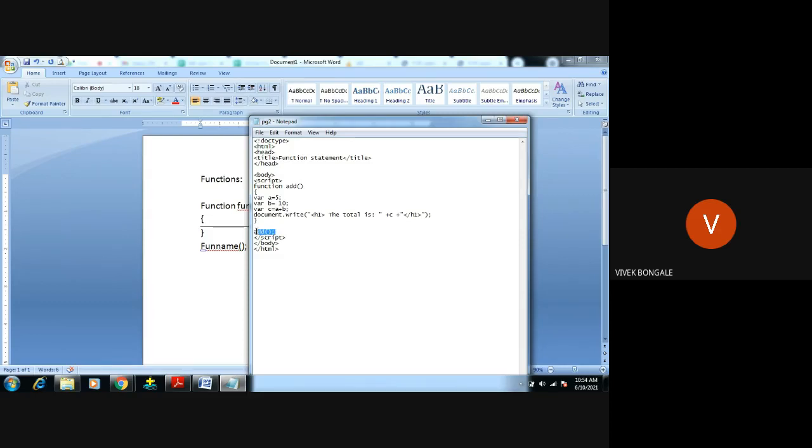Whatever value you get will be shown here. Save, and the output is 15. This is what a simple function is.